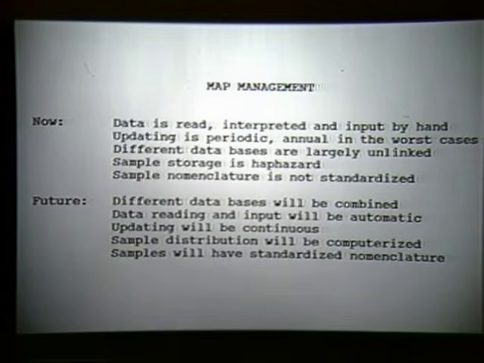And we have our own dictionary to try to translate these, but it's a mess. All right, that's the current situation. In the future, I hope as soon as possible that these databases will be combined, that all the data handling will be automatic, the updating will be continuous, and that you will, by some kind of barcode method or whatever,